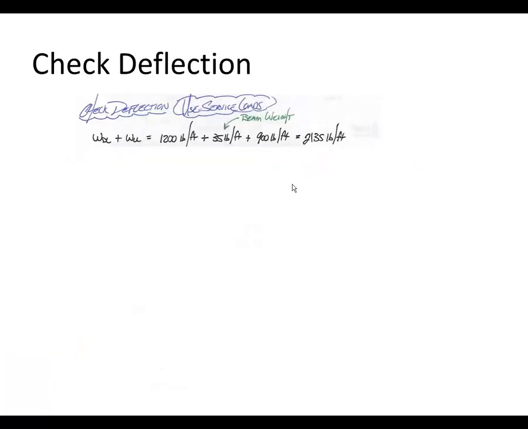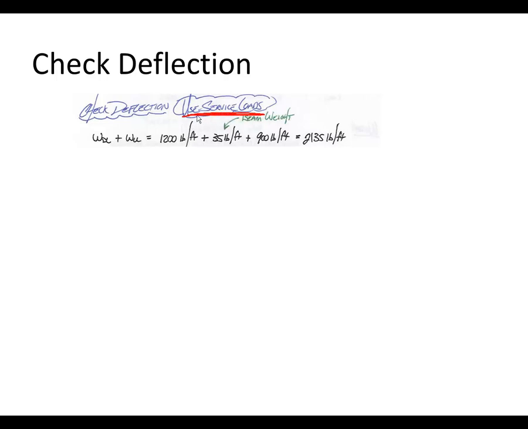Oh, sorry. We've checked bending, we've checked shear. The next thing we want to do is check deflection. As indicated in class, the one trick to checking deflection is that we don't actually want to use our factored loads anymore. If we use factored loads, what we're saying is our beam is actually going to deflect more because we're using these theoretically bigger loads. But we really want to look at what's actually going to happen from a deflection standpoint, and just make sure we're within our tolerances. So use the actual service loads,